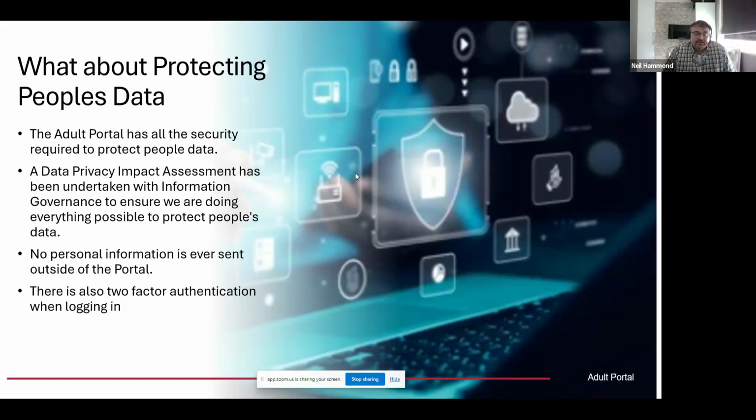There's also two-factor authentication. So when you do log in and register, you'll have to put your email and password in, and then you'll be emailed a code. I think most of us are pretty familiar with that. You get emailed a little code that you need to put into another box to be able to log in, just to give us a little bit of additional protection for people logging in and to stop those bulk attacks that some systems can get that we hear about on the news.